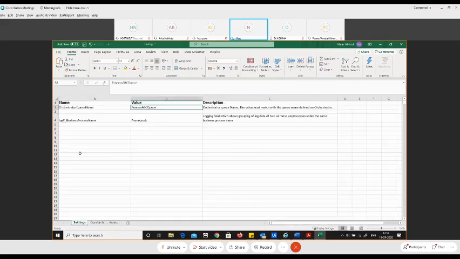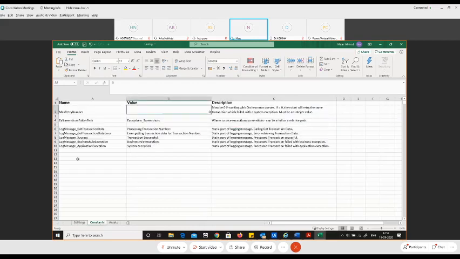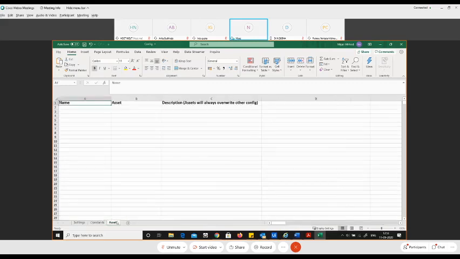In the settings sheet, you can put all the settings needed. You can add your name and your variables, and you can always give a description to make it more meaningful, so that if you develop a code today and tomorrow another person sees it, he should be able to understand what your code is responsible for. In the constants sheet, you can add all the constant values that you need, and in the assets sheet you can add the asset name and value, which you can take from Orchestrator.